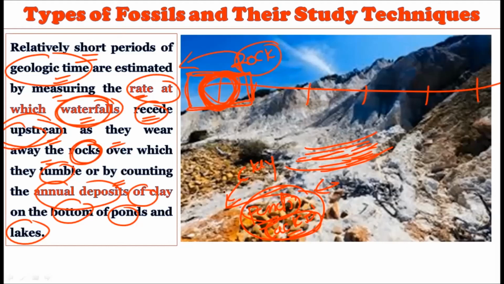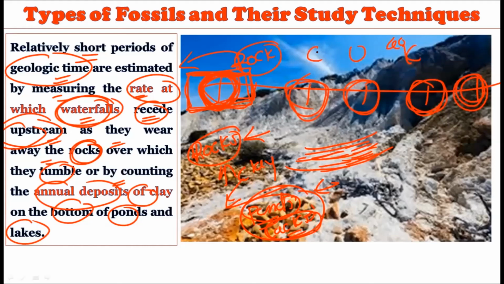Okay, because the downfall of the water and the removal of the rock by the water forces, taking it to the pond's bottom, is calculable, we can actually calculate the age of the fossil as well if it is a relatively short period of time over a geological scale. If we want to calculate longer periods, then this technique is not useful. In that case the K40 technique, the uranium technique or the carbon technique are used. So these are all the methods by which we can study the fossils.